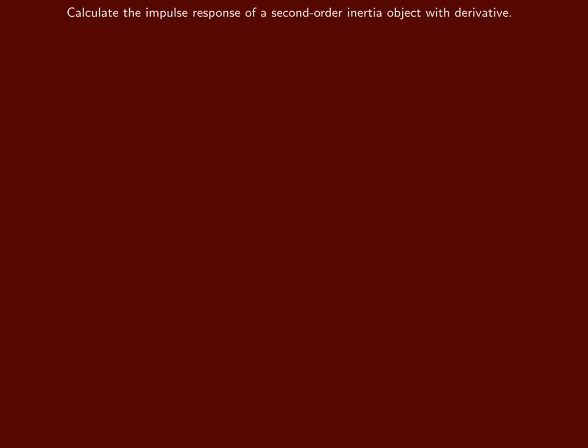Task content. Calculate the impulse response of a second-order inertia object with derivative. The input signal is a Dirac impulse, so its transform is, the transfer function of the object is, the output is therefore